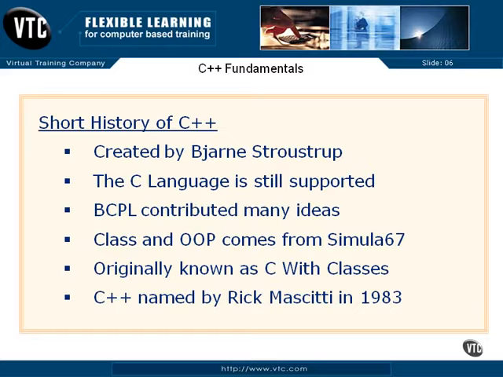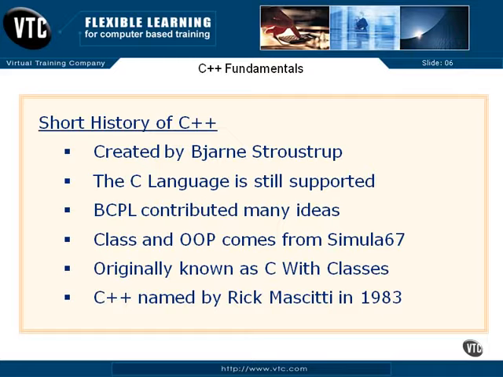When C++ was created, some of the things that he wanted to make sure happened were, one, that the C language would still be supported. Much of the C++ language grows out of the C programming language from Kernighan and Ritchie. And if you did my C programming course, you have some history and background about that one and the C language book that I recommended for that course and where that language came from.